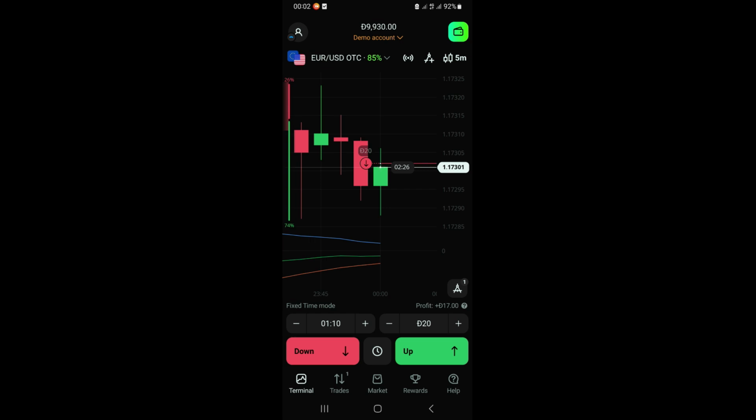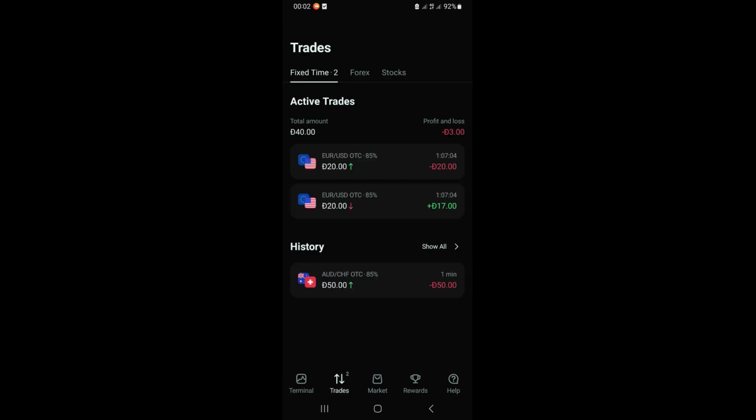And let's say we want to buy as well, you just need to click on the green button here, and that's basically going to buy the market for you. So when you are buying, you are basically confirming or saying that the market is going to go in the upward direction. So if you come on the bottom here next to terminal, if you click on trades here, this is where you can find your open trades or your running trades. As you can see here,